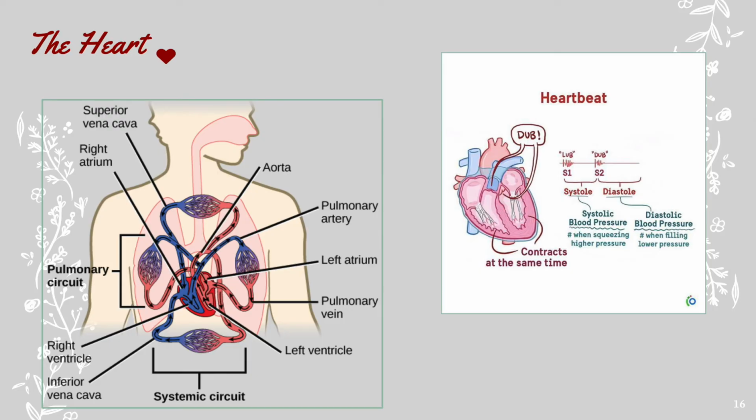Blood from the left ventricle then moves into the aorta, which pumps the oxygenated blood into the rest of the body. The body then uses up the oxygen as energy and sends the now deoxygenated blood back through the vena cava and into the right side of the heart, where the blood enters the right atrium. The right atrioventricular valve opens, allowing blood to enter the right ventricle, and then quickly shuts. This deoxygenated blood then moves into the pulmonary artery, which transports it to the lungs to be oxygenated again, and